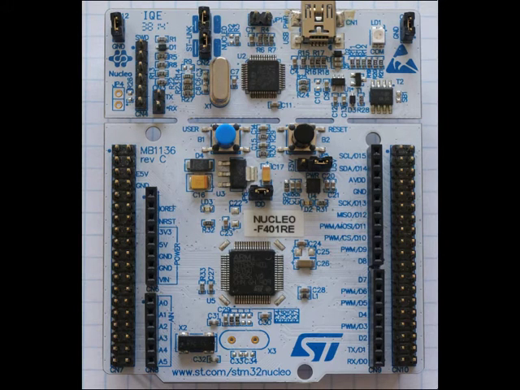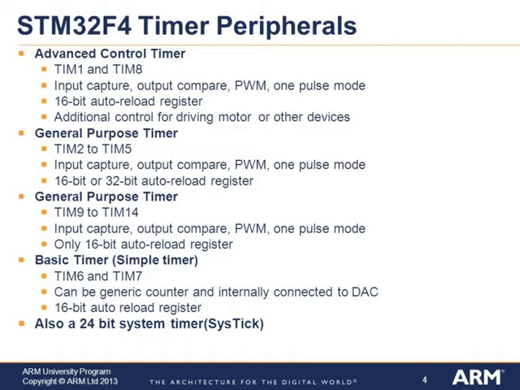I'll use an STMicro Nucleo F401 board to drive and read the CCD. The Nucleo F401 is a cheap evaluation board with an ARM Cortex M4 processor. It can run at speeds of up to 84 MHz, so it's a fast little chip, but it's the processor's peripherals that make it really useful.